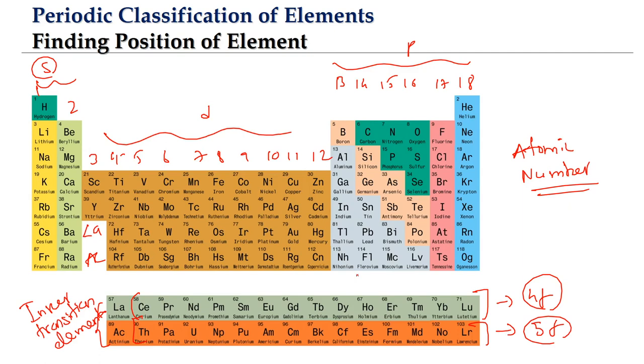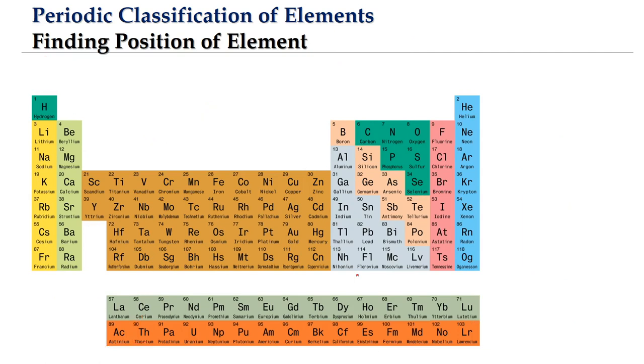That is why there is importance in finding the position of an element in the table. Now to do this exercise, we will start off with some examples. Let us pick an element from the S block. Let us choose, for example, sodium. Sodium, what is the atomic number?